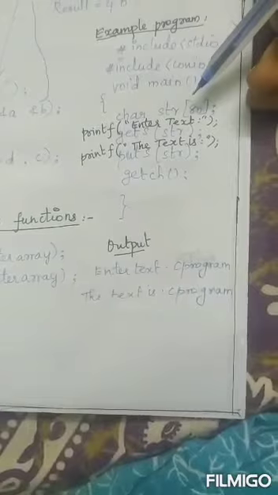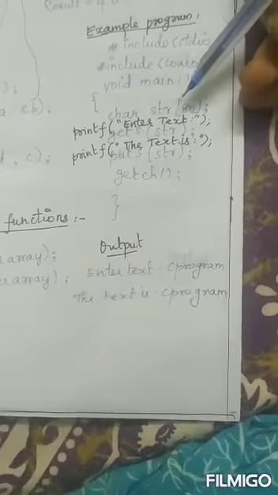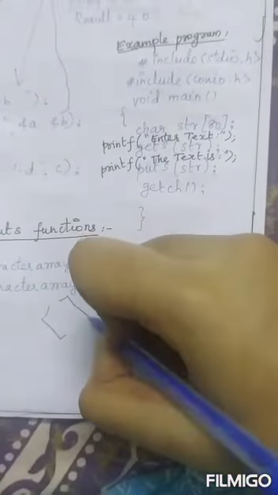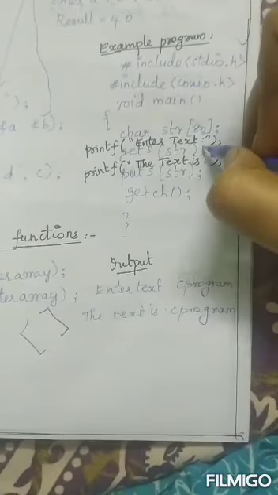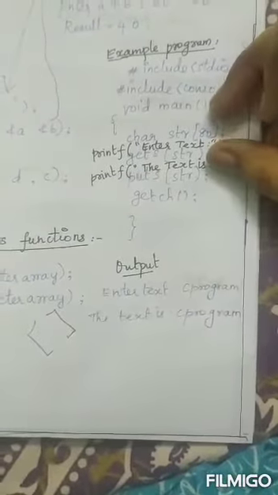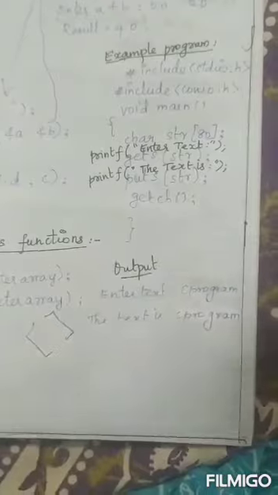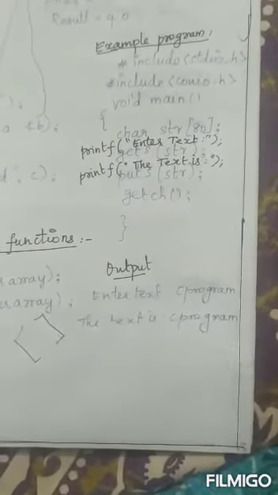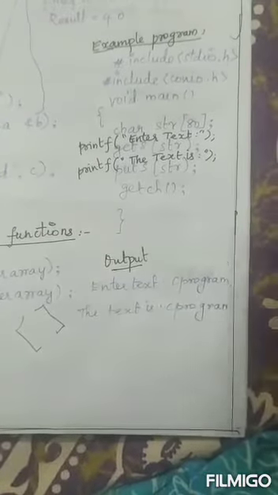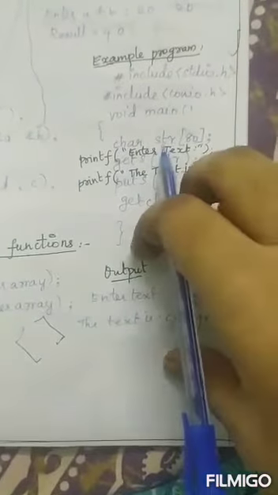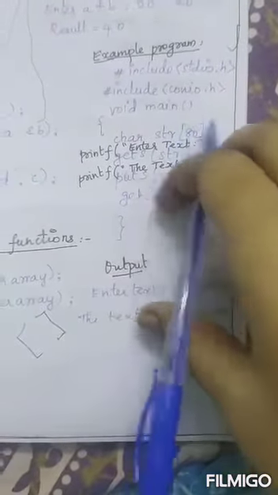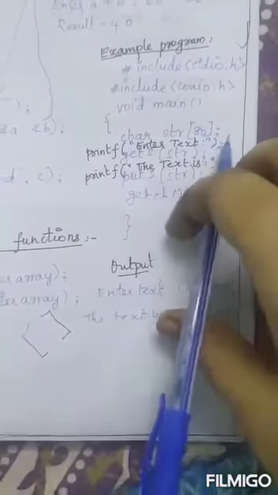As I said, gets and puts are used to input and output a string, and that string is held in an array. So what is meant by an array? An array is represented by the square bracket symbol, and inside the square brackets I can give any number that the string should contain: the maximum number of letters the string can hold. Here I am using this array, and inside it I am giving 80, then a semicolon.